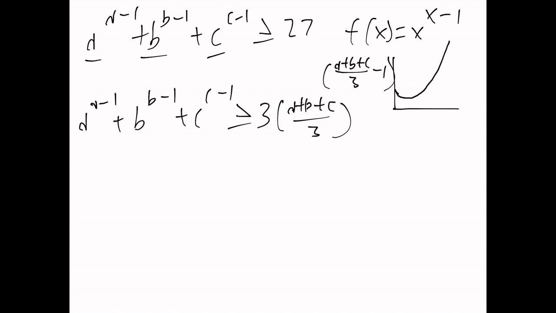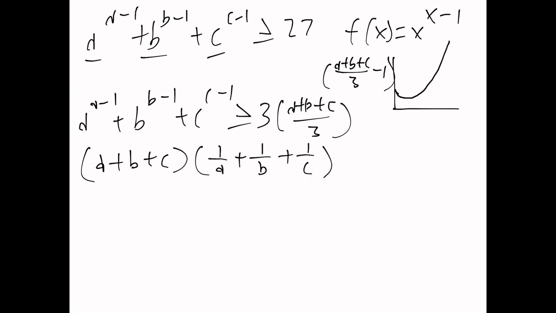This is one heck of a thing, just kind of insane. So now we have to find what a plus b plus c over 3 is. To do that, we'll use Cauchy-Schwarz. We will be releasing a lecture on Cauchy-Schwarz in the future as well, so stay tuned for that. But Cauchy-Schwarz allows us to conclude that a plus b plus c times 1 over a plus 1 over b plus 1 over c